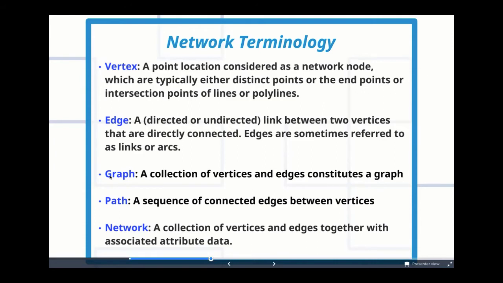And also, I want to introduce another term called graph. So essentially, a network is considered a graph. A graph is a collection of vertices and edges. Basically, they form a graph. But the term here is important because a lot of these network analysis algorithms may come from the graph